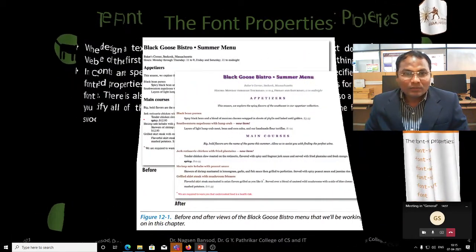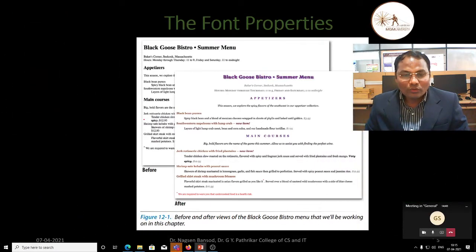Look at the Black Bistro website. There are some contents that appear. This is the title, Summer Menu, and in this appetizer, main course, all these are available. This is figure 12.1, the before and after view of Black Bistro, that we will be working on. We have already seen this example in some previous lectures.